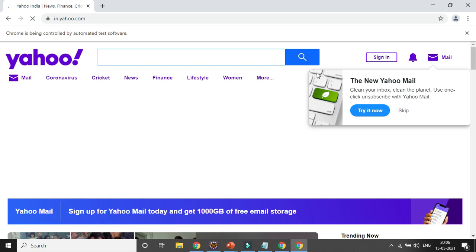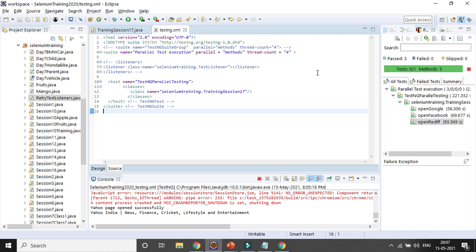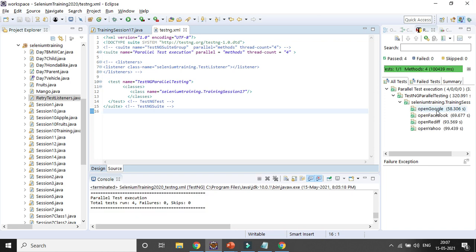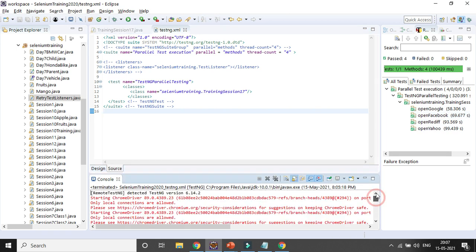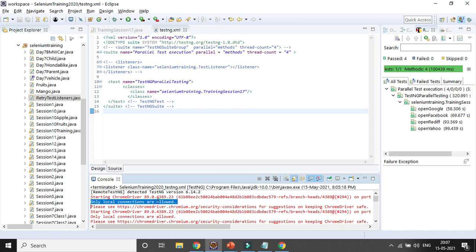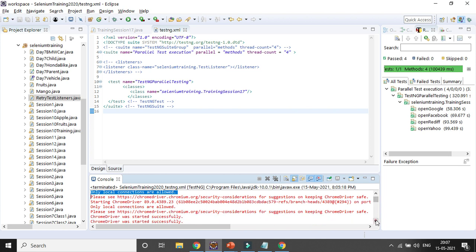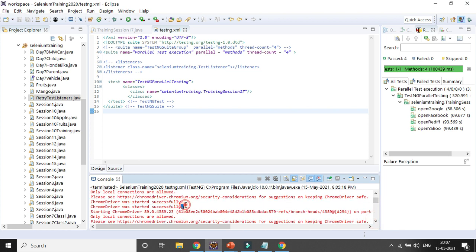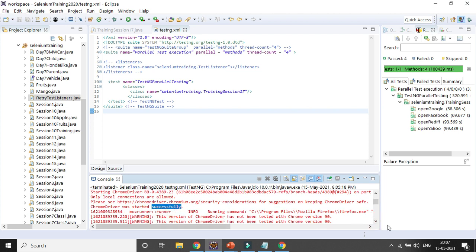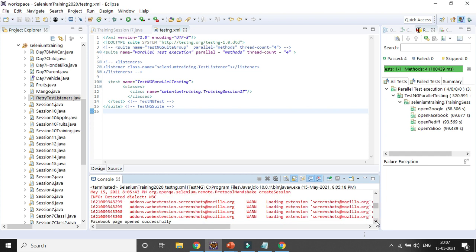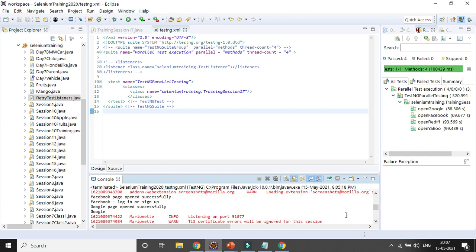Ordering everything will be the same, but it will take less time and it will save some time for the test execution. So in case there is a time crunch, we can do distributed parallel testing using multiple threads. You can see the alphabetical order is still the same, right? And here if you go upstream, you can see only one connection port allowed, so it is opening simultaneously, right? ChromeDriver started successfully before giving you the result. So all the browsers open, right, and you can see the output is coming parallelly.